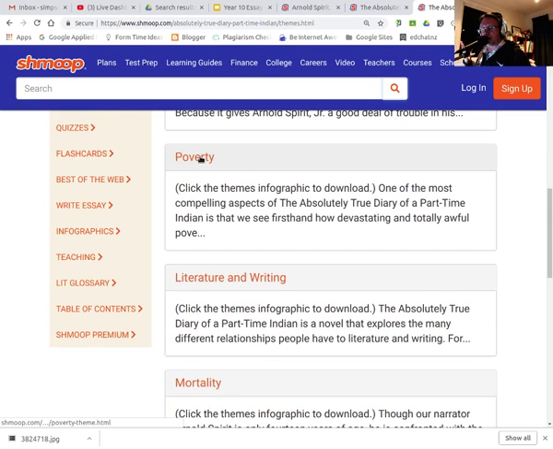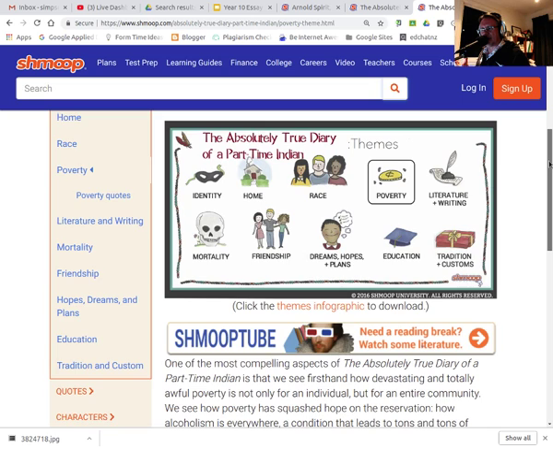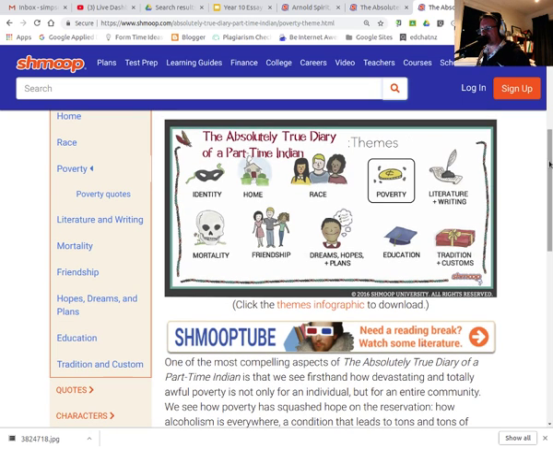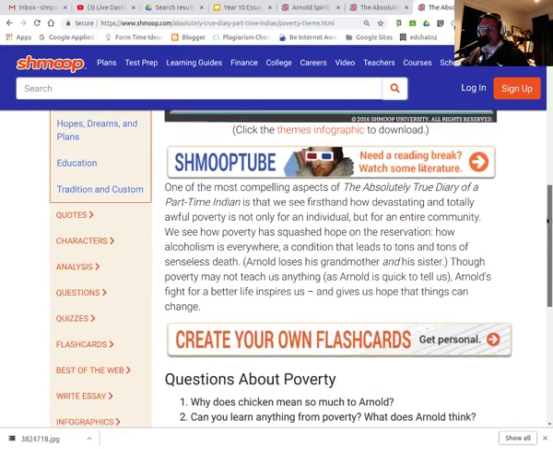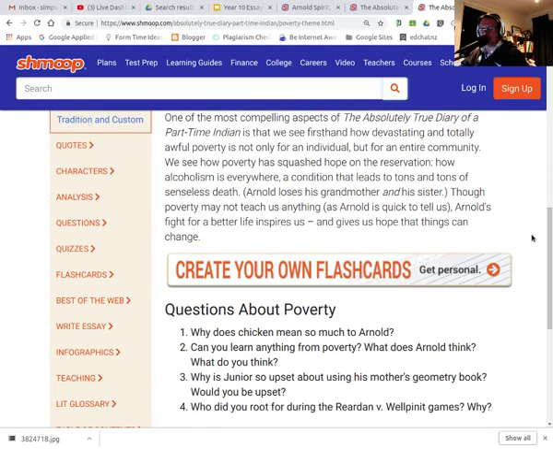The other big one that we talked about is the idea of poverty and what poverty really looks like. There's a great scene at the very early stages of the book where, instead of taking Arnold's sick dog to the vet, his father just brings out a bullet and puts the dog out of its misery. And actually the writer uses it almost as a metaphor